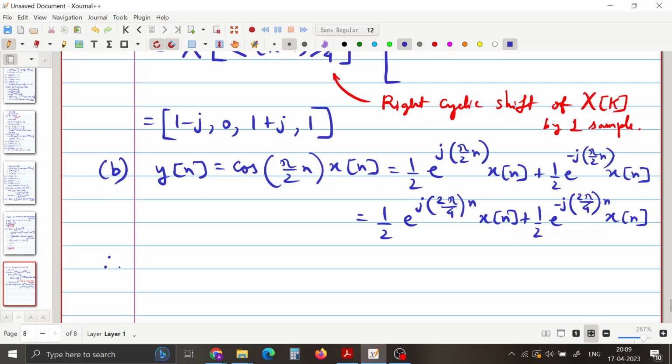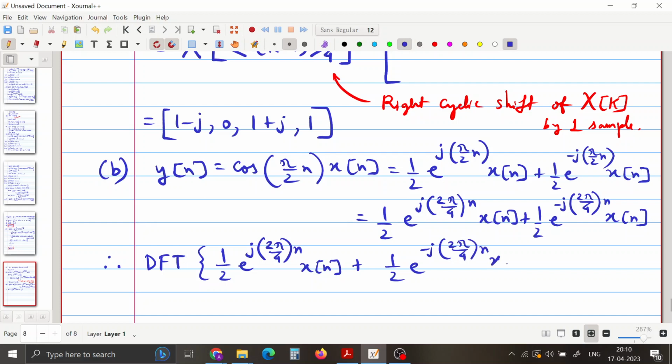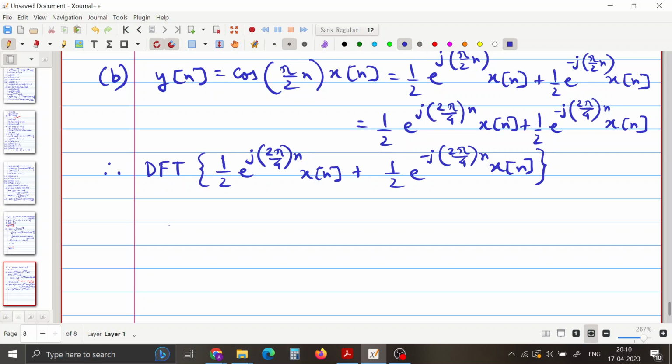And now just simply by linearity we can find the DFT of this overall linear combination. So for this term the DFT will be